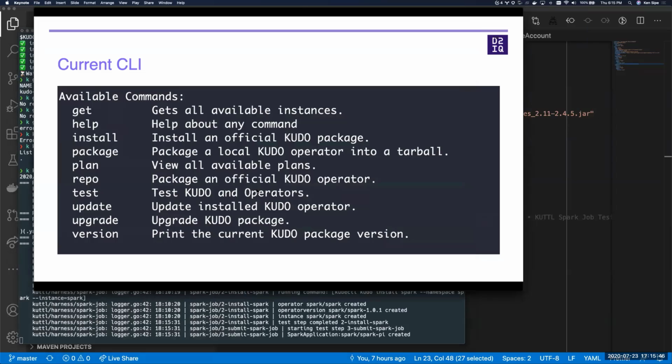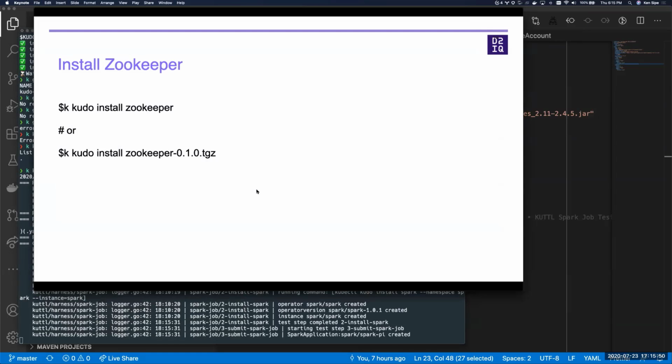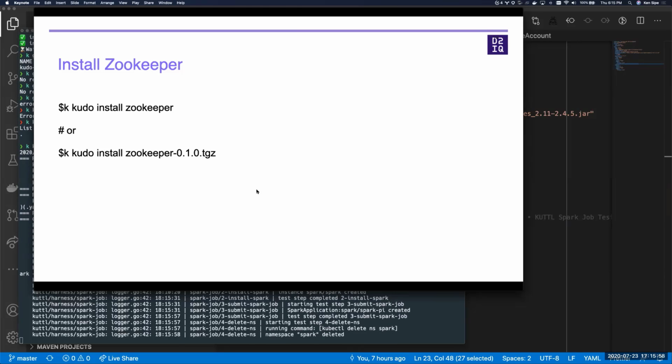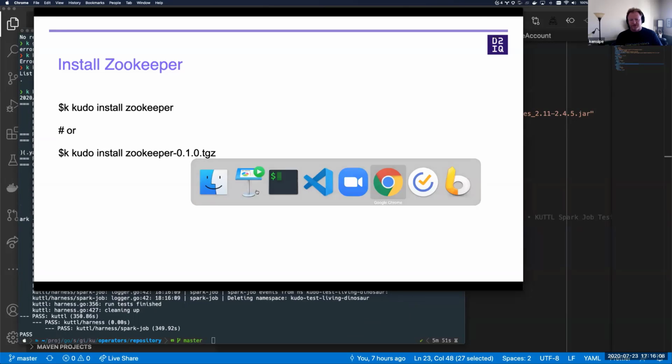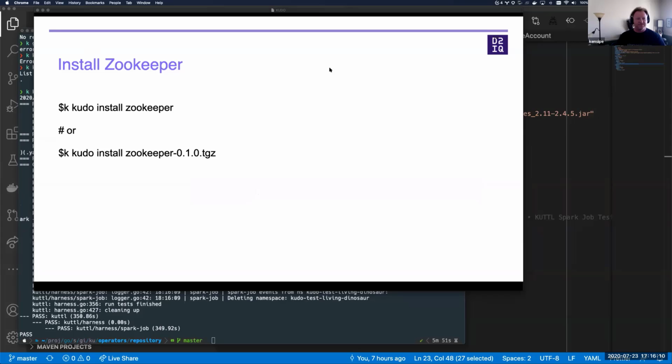What else? So I have a question. Please. What did people do before Kudo for testing and things like that, for operator testing and packaging? Okay, so now we're talking about Cuddle in that case for testing. And let me see here. So the short answer, until I find what I really want to show you, is